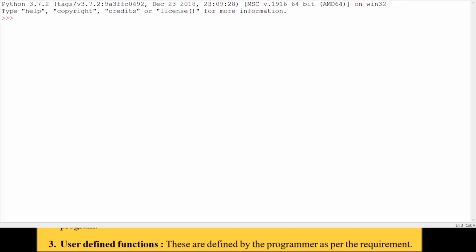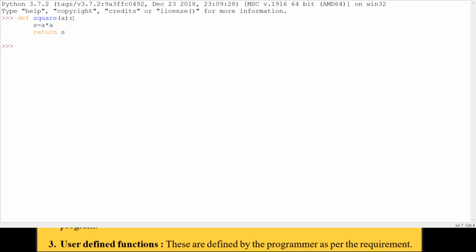We will define a function here. So to define a function, we will write def. Def is a keyword which is used to define a function, followed by the function name. In this case, the name of function is square, and followed by parameter, which is followed by colon. In this function, the first line of every function is known as function header. After function header, we will write the body of the function. So in this function, we are computing the square of the variable a. So a asterisk a, and then we will return the computed value, which is s.